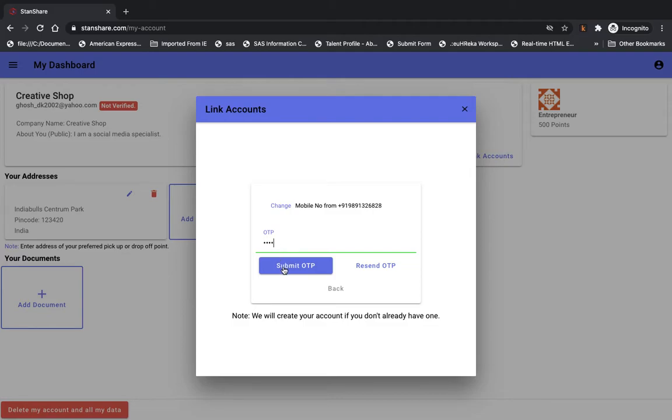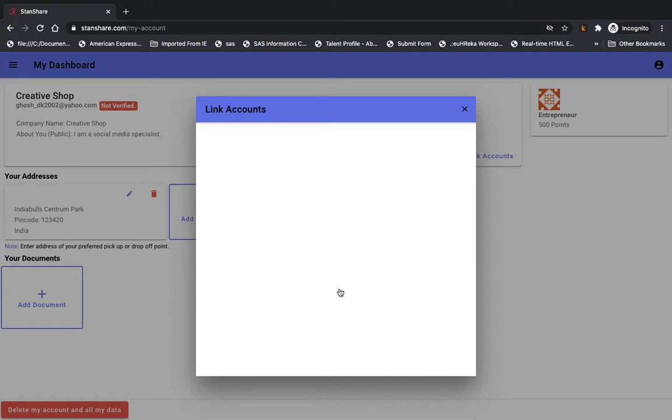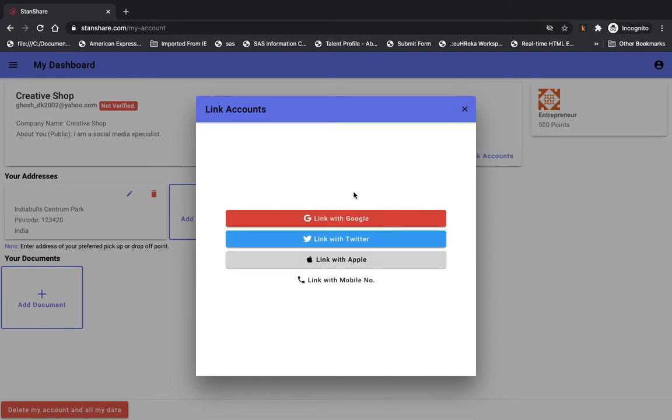All right. If you don't receive the OTP by any chance, you can click here to send the OTP, it will resend it. But whatever we have tried so far, there are no cases where it's actually asked me to resend the OTP. All right. So when this step is done, you can link more accounts. So basically you can log in with any of them. It will be clubbed in the same account itself. All right.